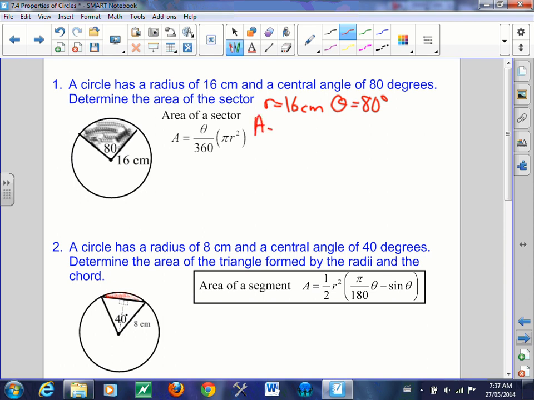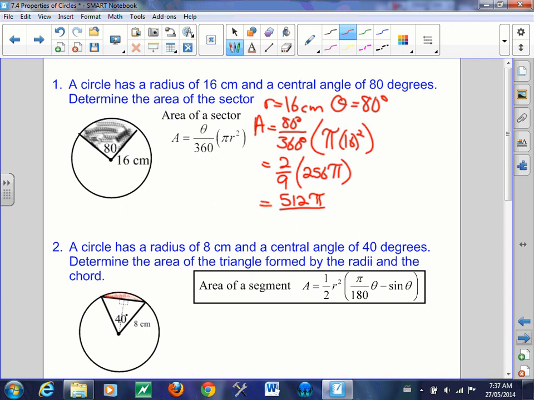So you should have had area equals 80 degrees over 360 degrees times pi times 16 squared. Use your fraction button to simplify. You should have 2 over 9 times 16 squared pi, which is 256 pi. Simplify by multiplying the numerators. You should have 512 pi divided by 9. And that, when you plug it in your calculator, is approximately